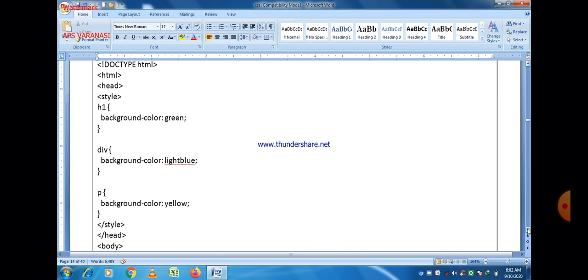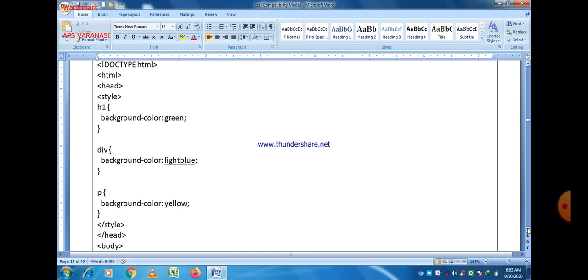Then head, then within head you can use style. So h1 background color is green, it means the heading background is green here. And then div represents division, and here the background color is given as light blue. Then for the paragraph tag the background color is yellow, and all these properties are mentioned within the style element, which is described within the head element.